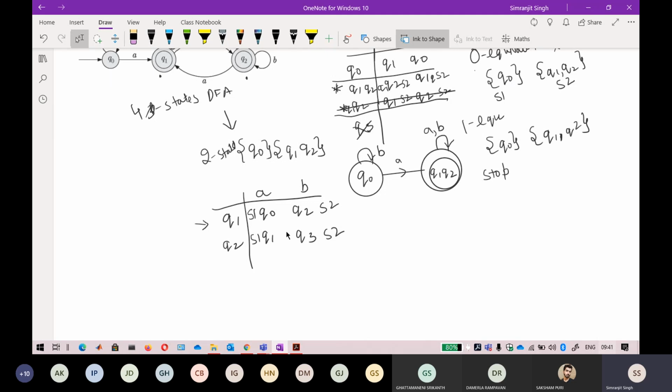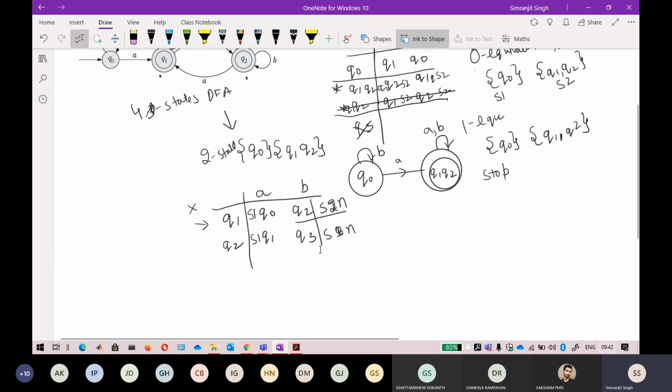Keep in mind that if here is set 1, there is no compulsion that here it should also be set 1. The set can be any, it can be set 3, but then here the set should also be set 3. Some of you will make the mistake of thinking that if here is set 1, it should also be set 1 here. That is not the case. These two outputs should go to the same set, be it set 2 or set n; if here it is set n, then here it should also be set n. Keep that in mind. There is only a little bit of mistake that most students make here, so keep that step in mind.